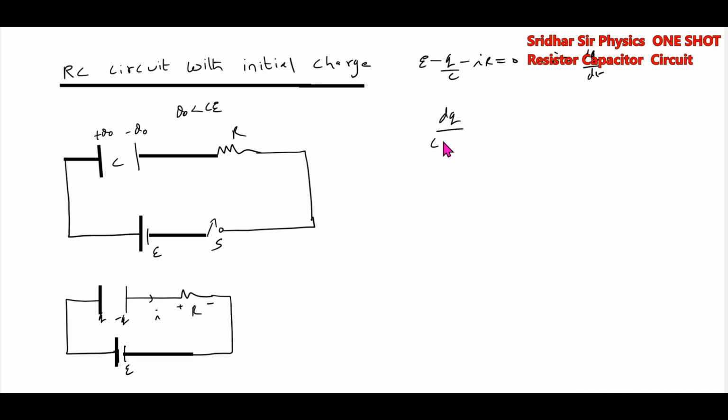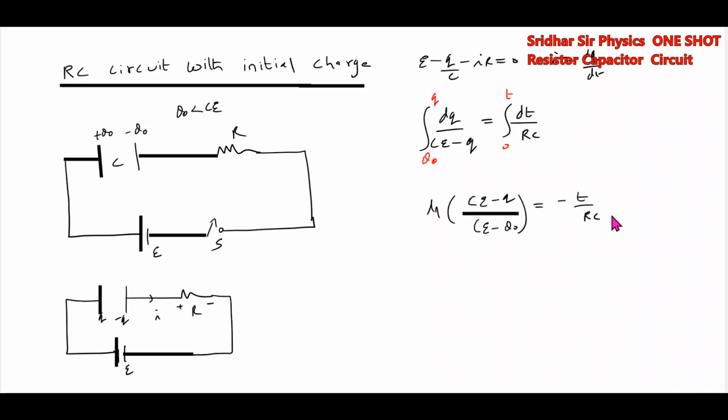Solving this will end up with an equation like this, dt by RC. At t equals 0, what is the charge in the capacitor? It is Q0, no? Substitute that charge. At an instant of time, let it be t. If some initial charge is present, then this equation will become log of CE minus Q by CE minus Q naught is equal to minus t by RC. This will become CE minus Q